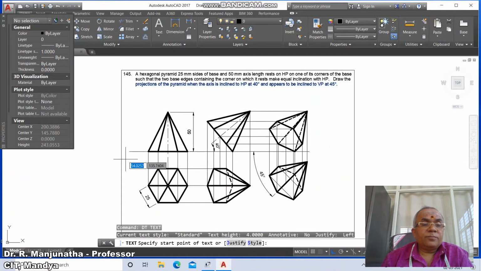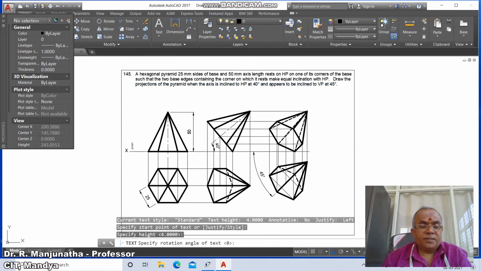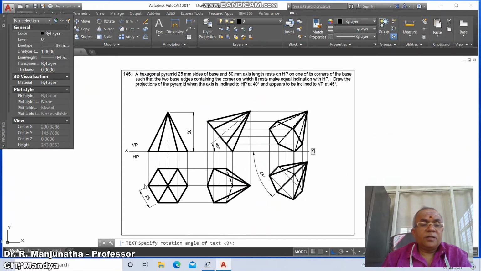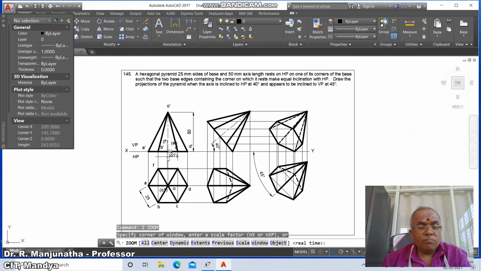then go to D text, put the caps lock on, type capital X and capital VP and capital HP and capital Y and put the caps lock off, type A, B, C, D, E, F, type O and here you type O1, small letter O1, then go to A dash, this is B dash, this is C dash, this is D dash, this is E dash in bracket and this is F dash in bracket and this is O dash and this is O1 dash in bracket,